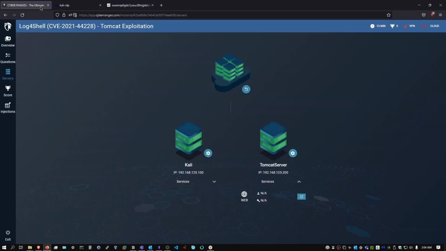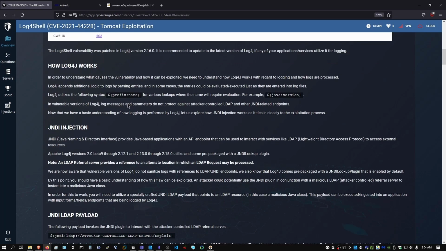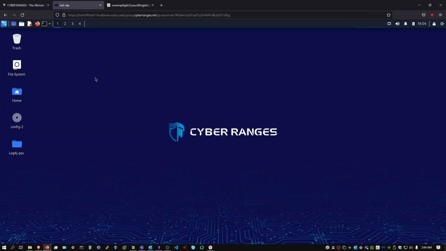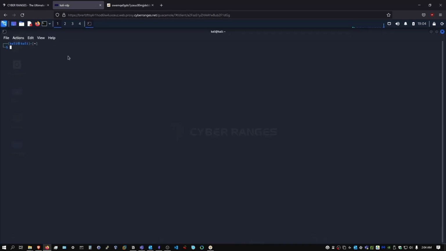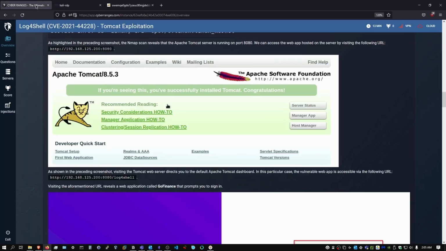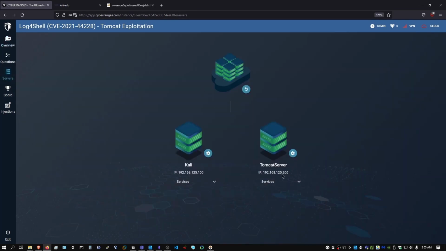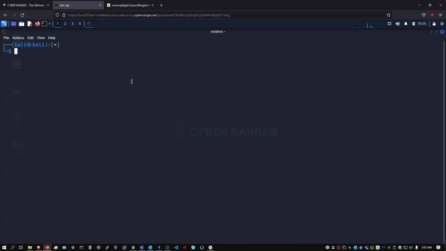So if we take a look at the actual mission here, which is under overview, you can see we have the mission. I've already outlined the various steps that we'll be following. So if we go into the Kali Linux system here, the first step that we'll need to perform is an Nmap scan on the target server, whose IP address has already been displayed under the servers tab here. So these are static IPs. In this case, the Apache Tomcat server is 192.168.125.200. So what I'm going to do now is just say sudo,